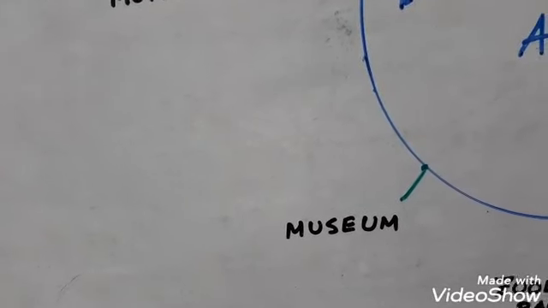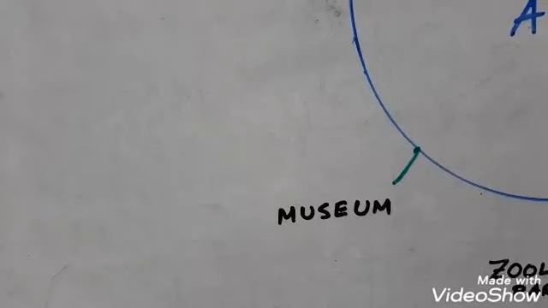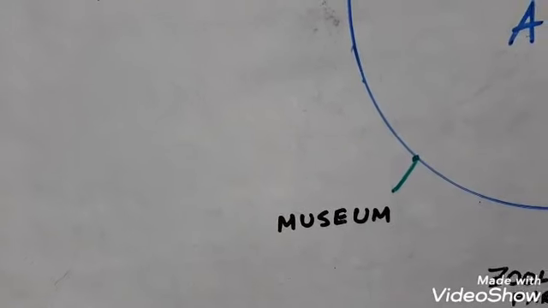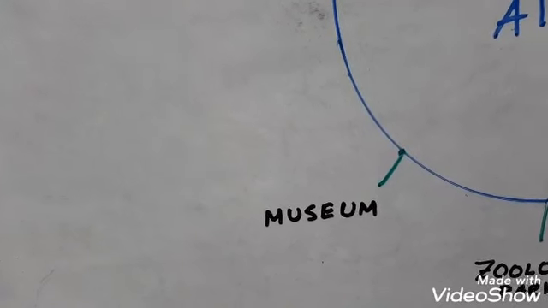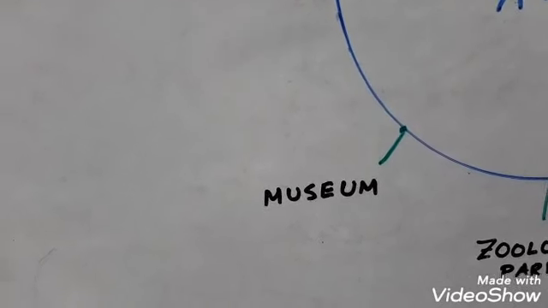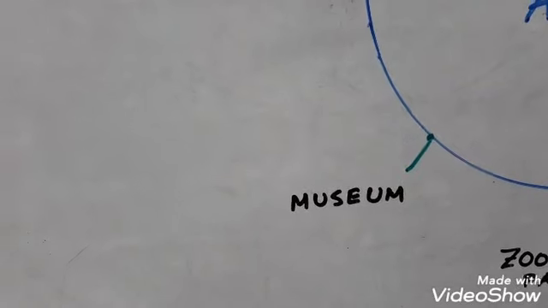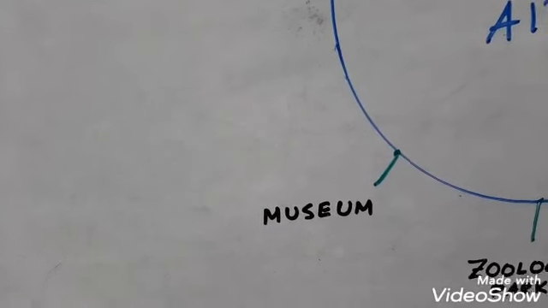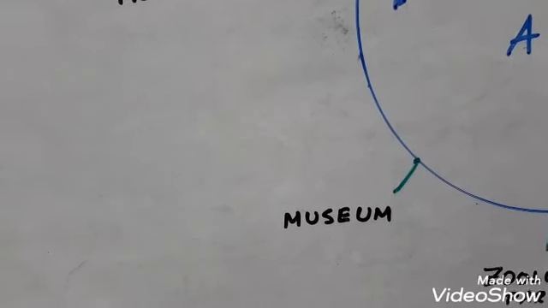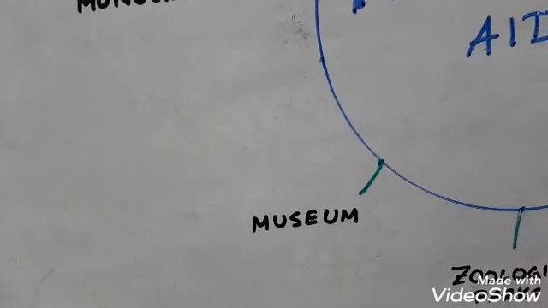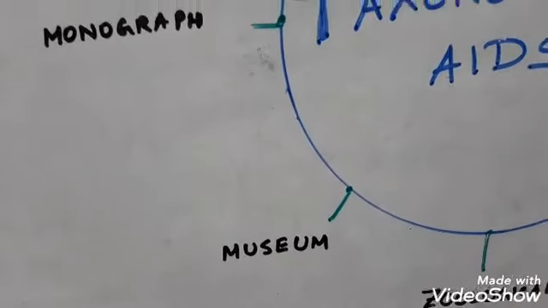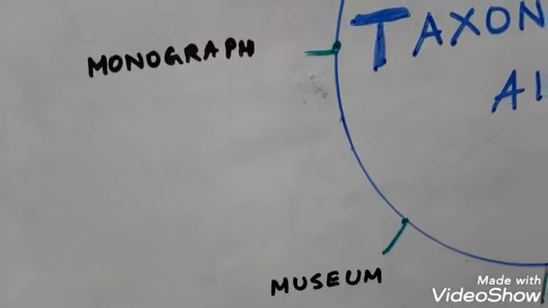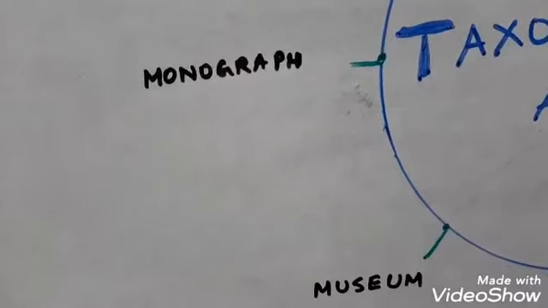Specimens are preserved in containers or jars in preservative solution so that they do not get spoiled. Plant and animal species may also be preserved as dry specimens. Insects are also preserved in insect boxes. After collecting them, they are killed and pinned, while large animals are either stuffed or preserved in skeletal form, like you can see the skeleton of a dinosaur or a big blue whale in a museum.